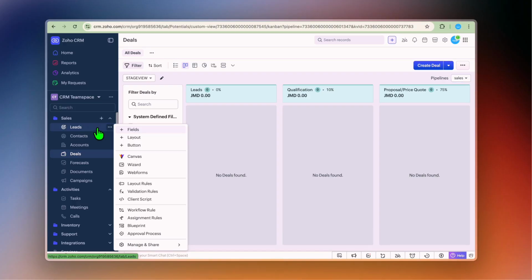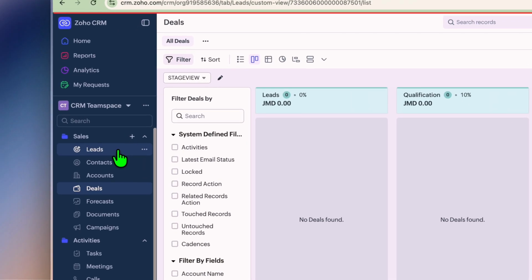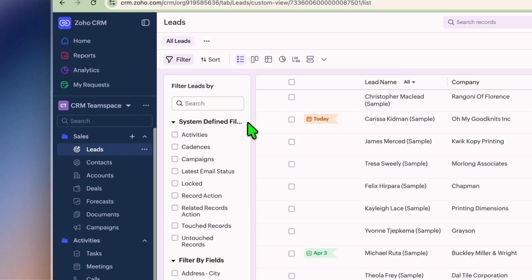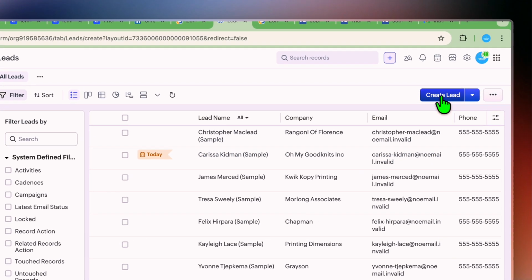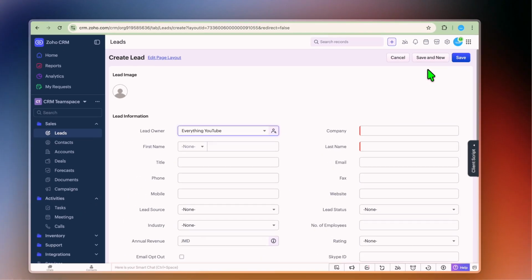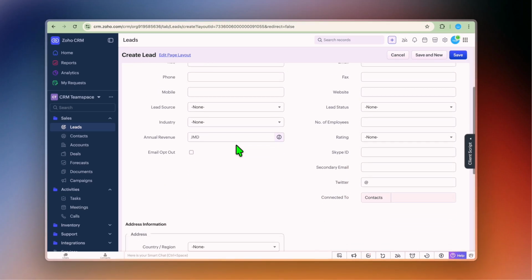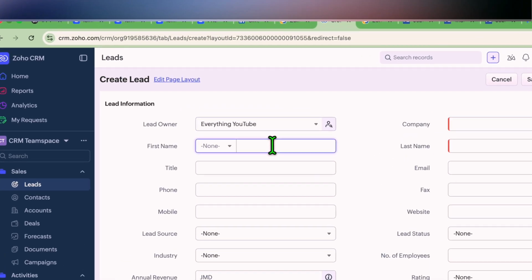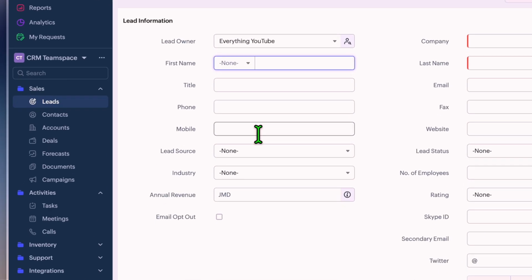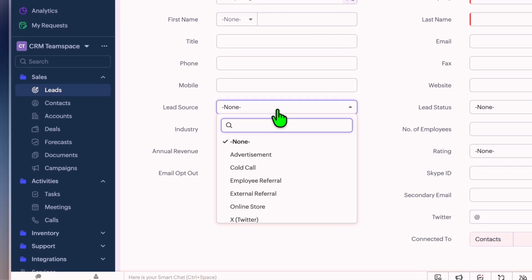To add a lead, you're going to go over to the left hand menu option. And you're going to tap on leads. After you have selected leads, you're going to tap on create lead. Once you have selected create lead, from here you can scroll down. You could put in the lead name, title, phone number, mobile, also the lead source, as you can see right